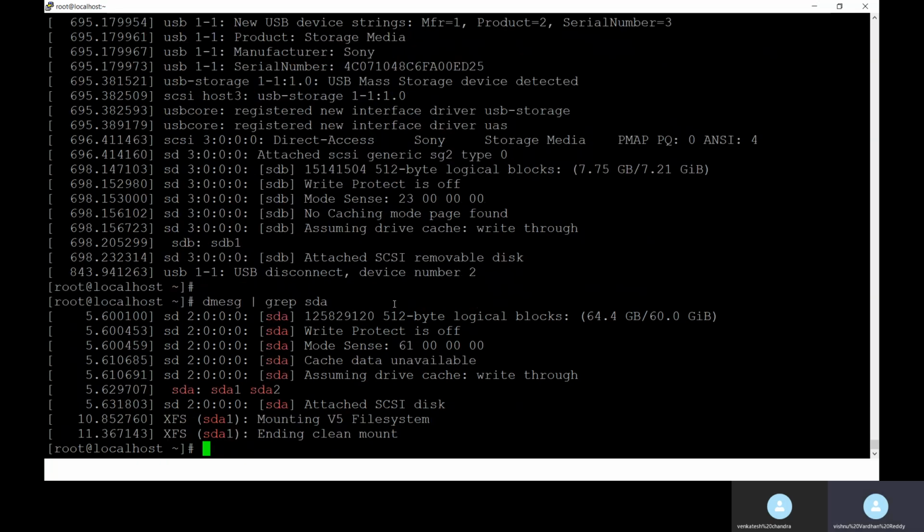It will display that the hard disk has been detected by the kernel. You can search for the keyword sda along with grep. You can see which devices are connected and where they are mounted, like the V5 file system, ending clean mount. So everything shows how it was connected.